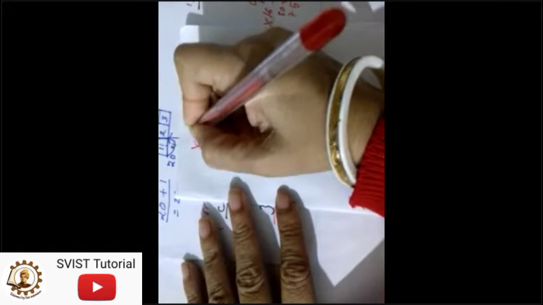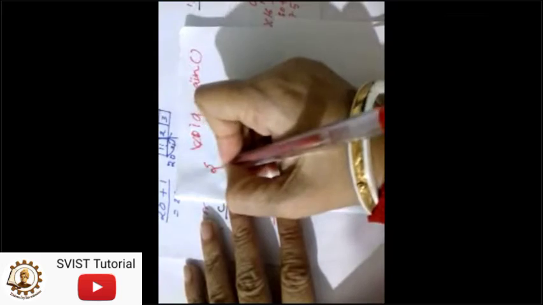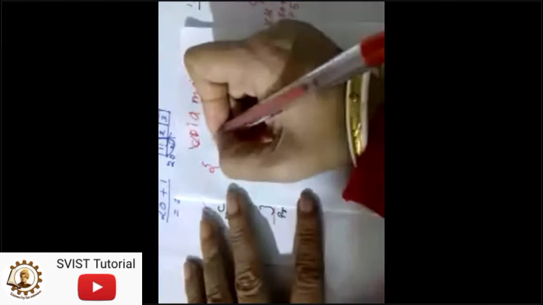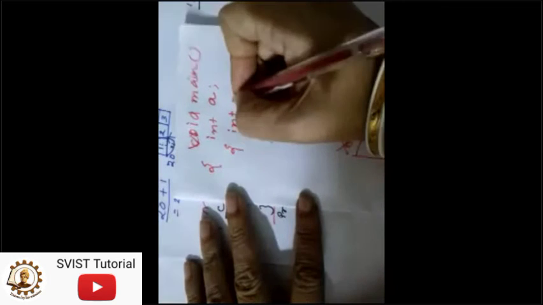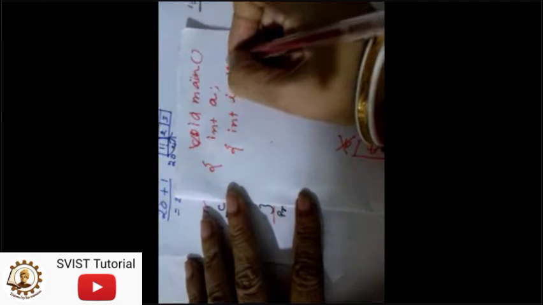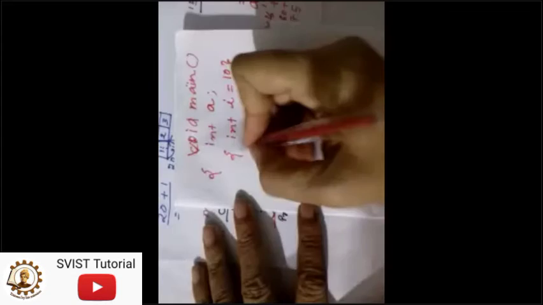Scope part is what you know. Suppose this is void main. I have got a request to explain the scope part once. This concept I think you may not be aware of. So here I have taken one variable, just a fake example. Int a. Then I am taking a variable int i equals to 10. Now I have just given a bracket. No for, no while, no do, no if, nothing. Just I have given a bracket and I have closed it.